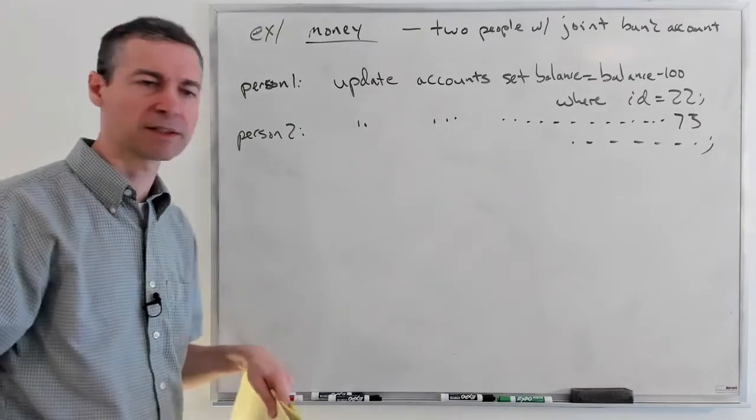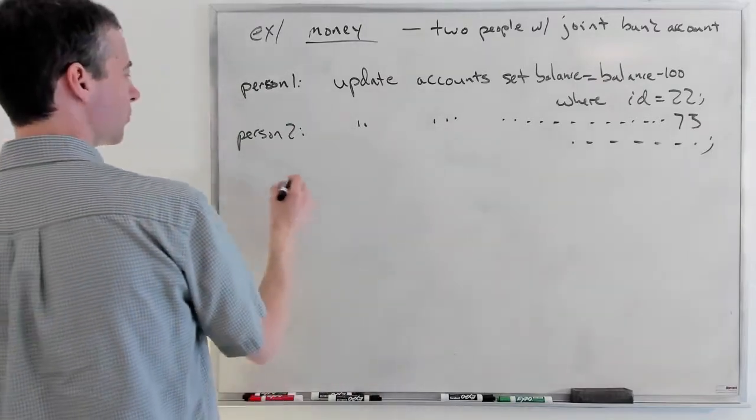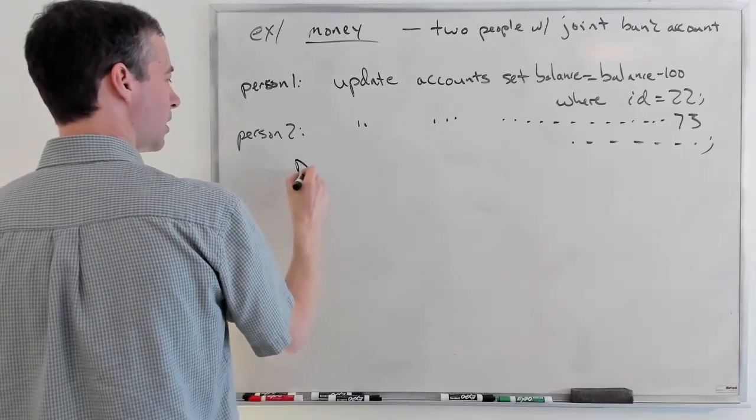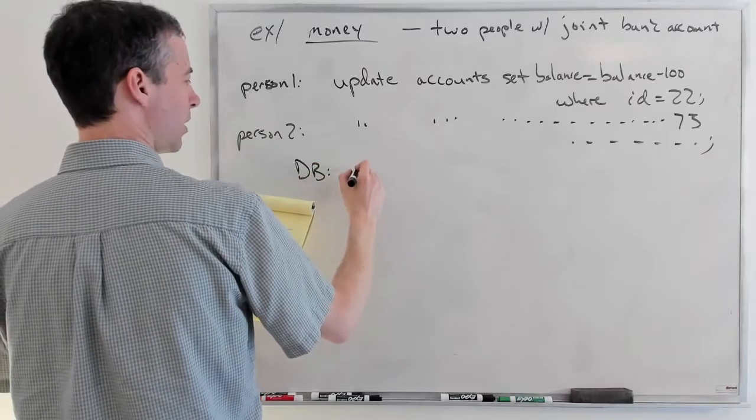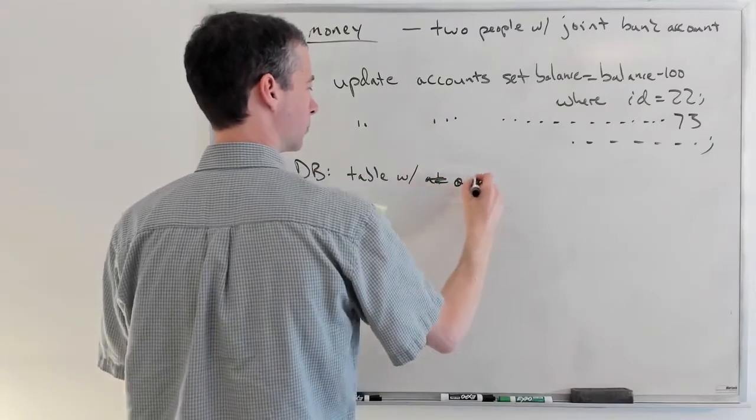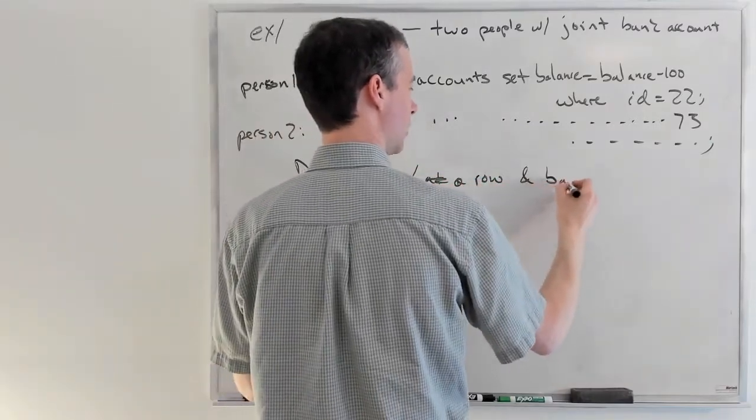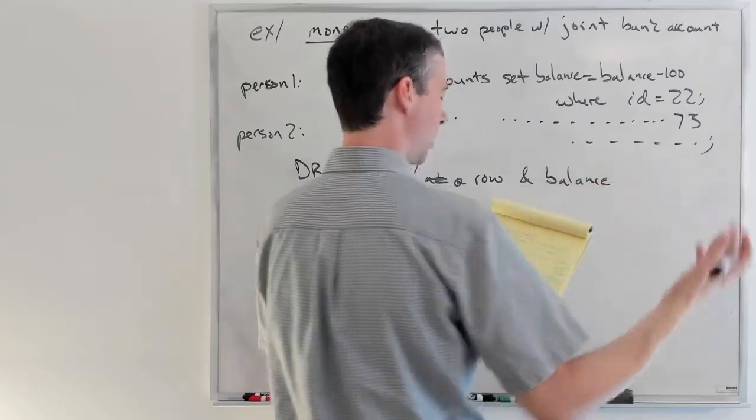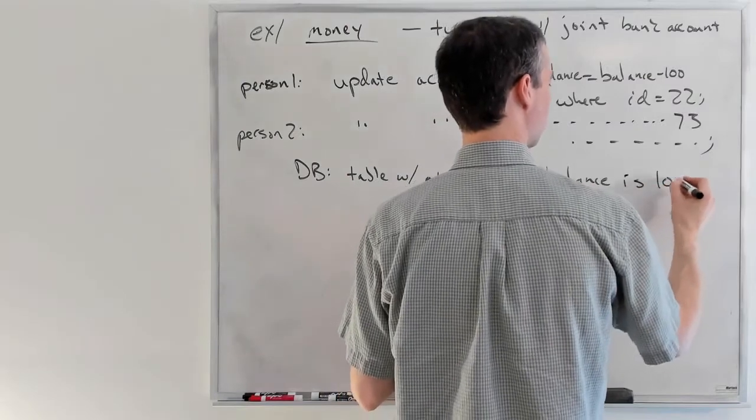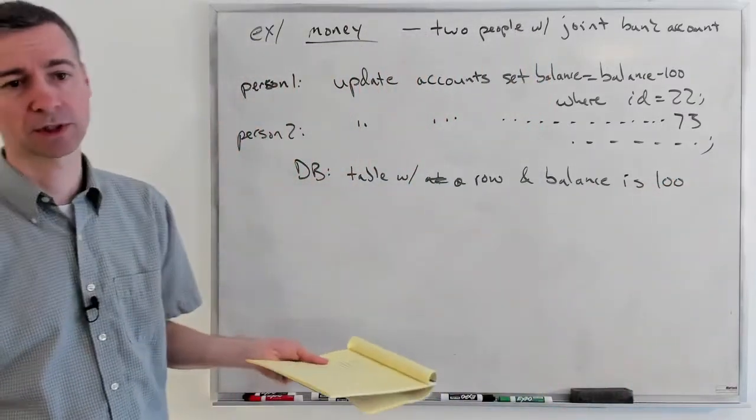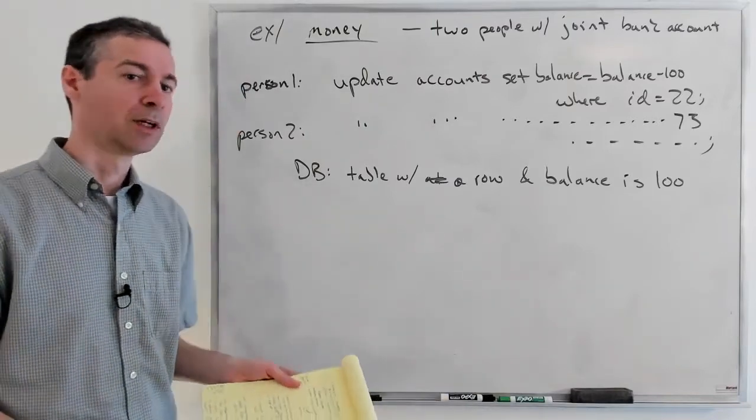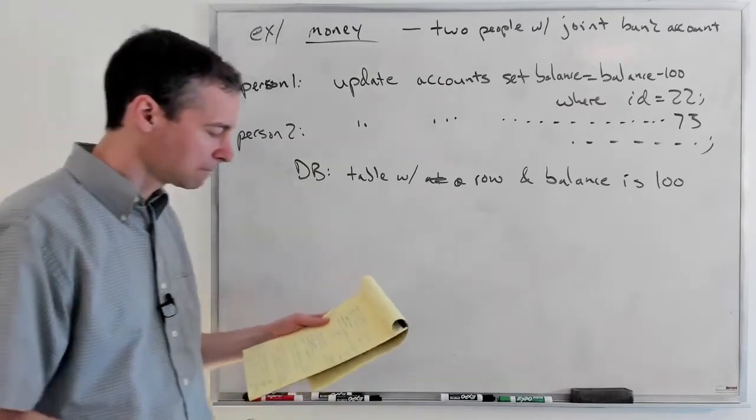let's think about what's going on inside of that database. In the database itself, you've got some table with a row. And in that, it says the balance. I'm going to go ahead and say it's starting at 100. Okay, so the balance currently, unfortunately for this couple, there's not much money in the account right now. Who's going to get to spend it first? Well,